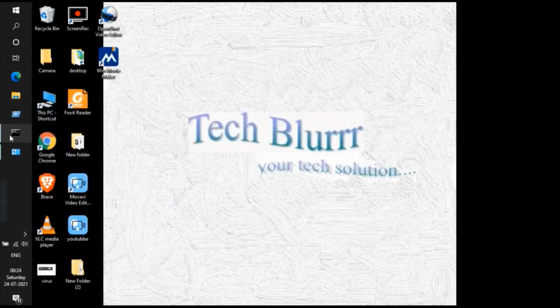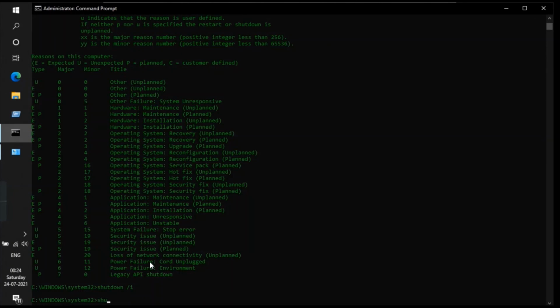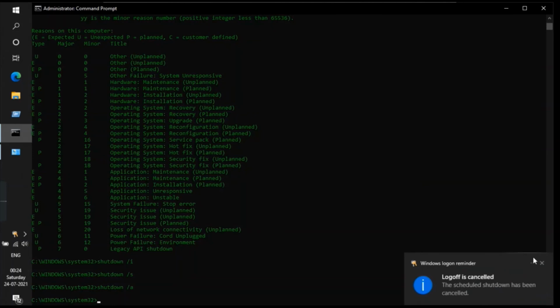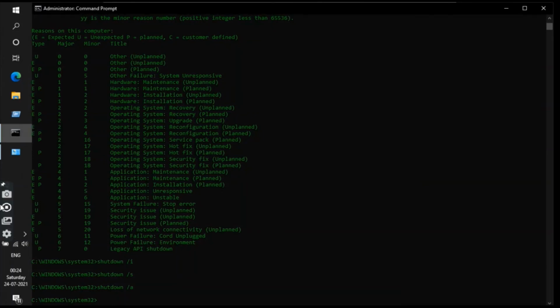So let us go here, just type shutdown /s. So it is showing your PC will shut down in 1 minute. Just to abort the statement, /a. Yeah, I have aborted the statement. So like this you can use the shutdown command to remotely shut down any PC in a private network if you are the administrative PC, or on your local PC you can shut down using /s or restart /r, or if you want to log out then shutdown /l.